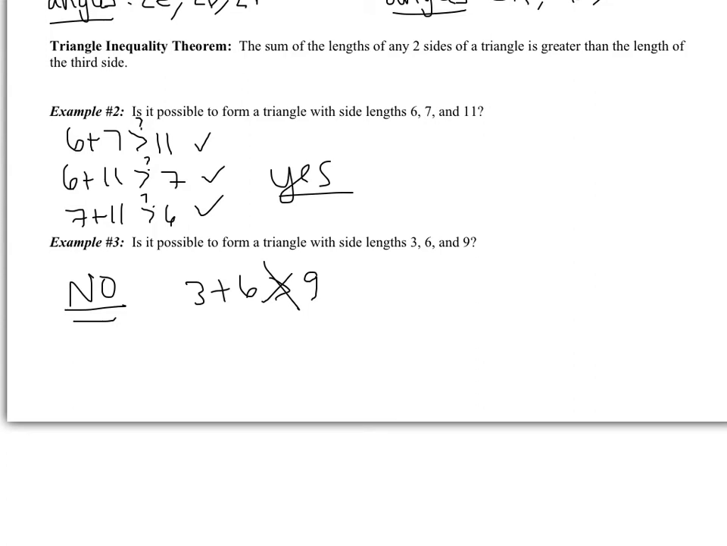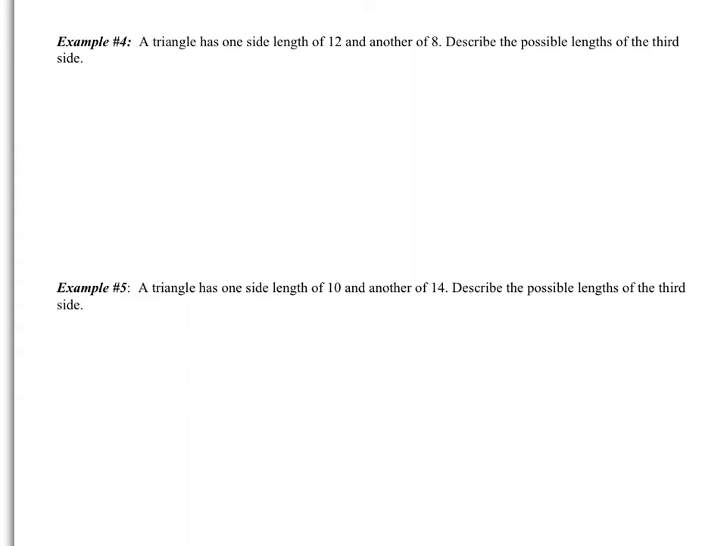Now we have two more examples using the same theorem, but they're going to be a little different. So if we move on to page 22, we have examples 4 and 5. So example 4: a triangle has one side length of 12 and another of 8. Describe the lengths of the third side. Okay, so I have a side of 12, I have a side of 8, and then I have a side